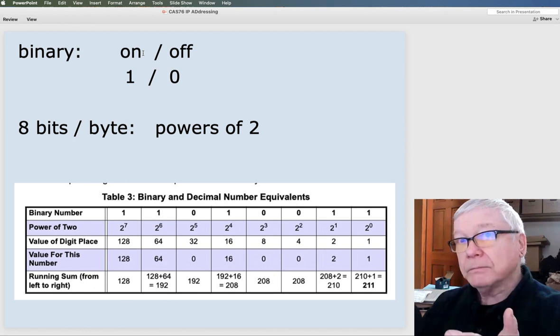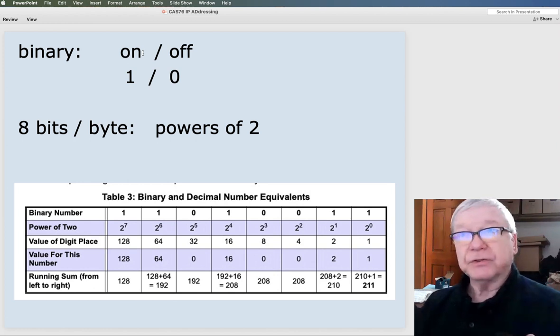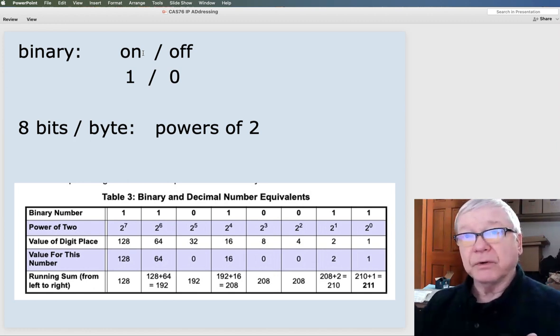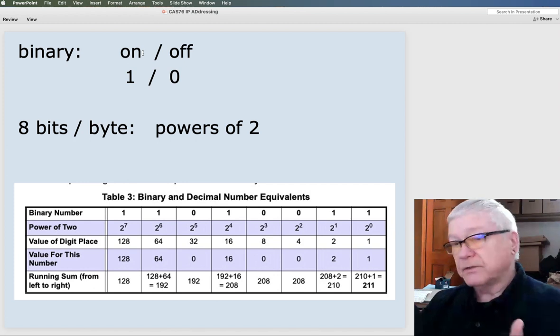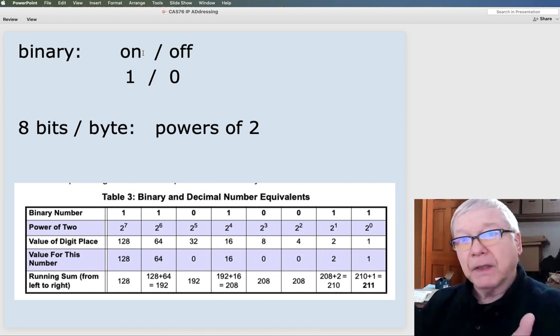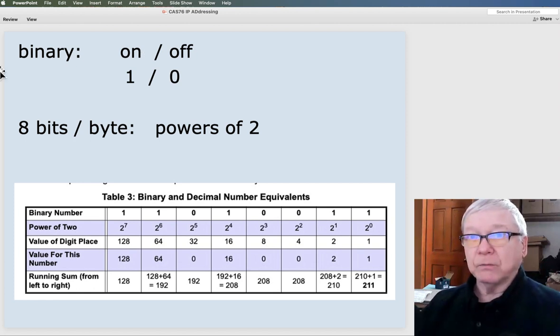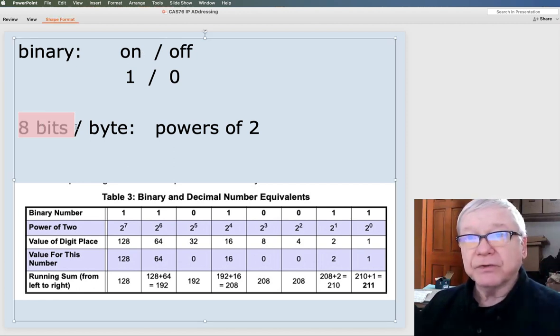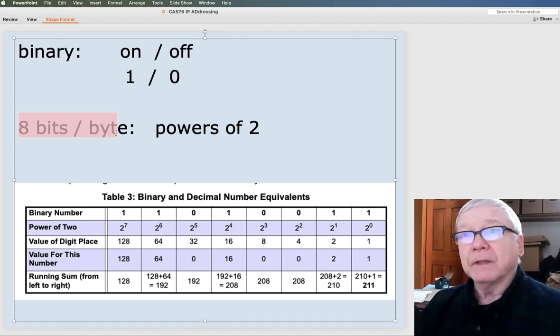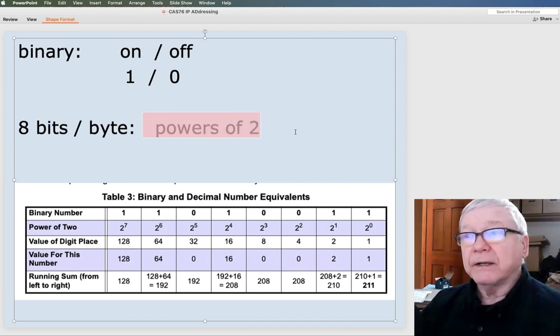Well, our transistors are on or off, right? It's a 1 or a 0. It's a 1. It's a 0. It's a 0. It's a 1. How do we make a plan to interpret that? Well, we put 8 of those together, typically, and we look at it in terms of the powers of 2.